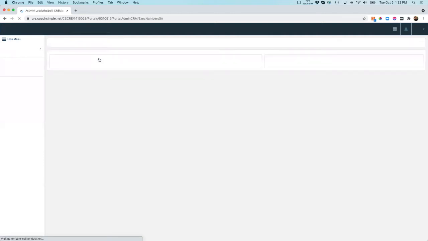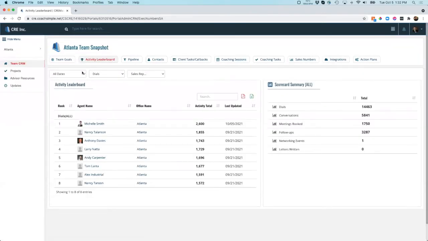In addition, we have a sales tracker, and so we'll pull in all sales activity. You can filter these lists for any date range you choose. I'll pull the last 30 days, for example. If you're having contests within your office to see who can make the most appointments or have the most conversations, you can quickly filter for these. And so, for example, we'll see how many meetings were booked in the last 30 days